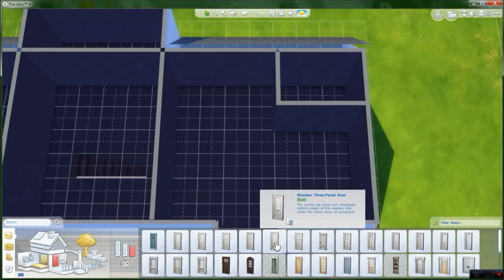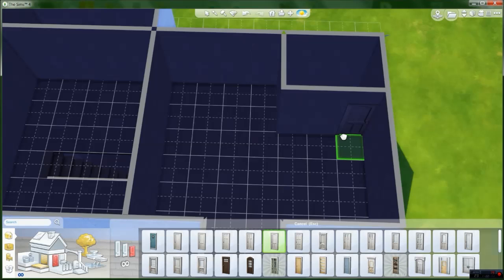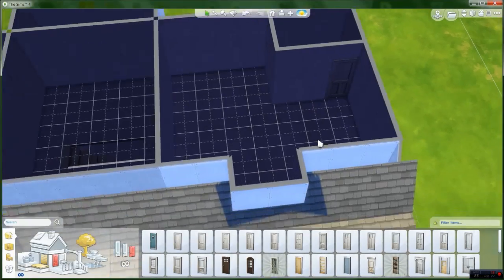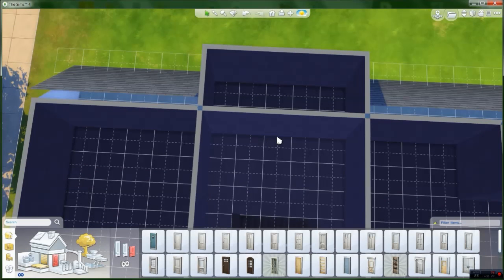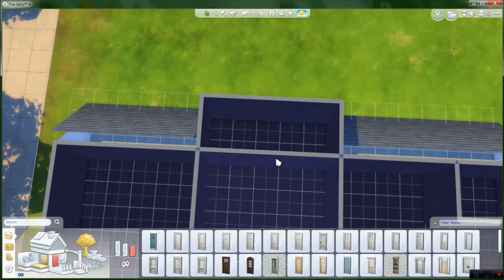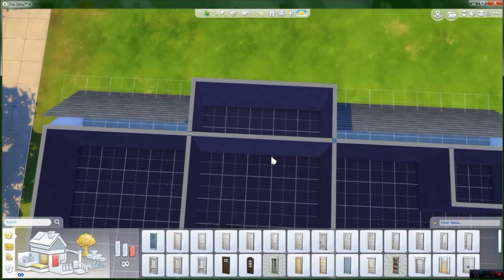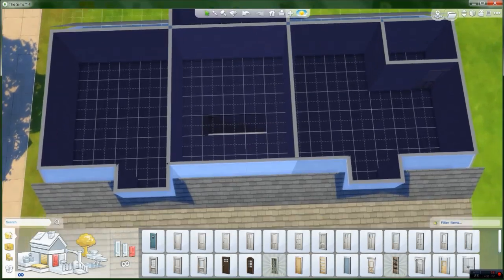Let's see. This is a little fancier. We might use some windows with it that have an arc in it, an arch rather, instead of just square lines. So I'll turn that around and put the door so that it opens up, as you can see here, against the wall in here and against the wall here, and then the Sims won't walk through it. And out here, if we use the door in the center, which we could do, we would want to make it open up against a counter on one side or against the toilet that faces the other way, something like that. But probably with this long of a bathroom, you could just put your door over here, and we have plenty of space to put